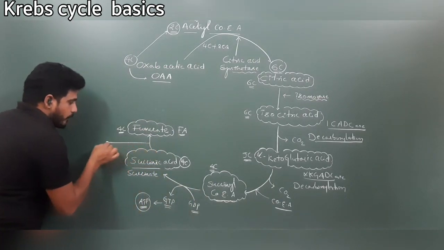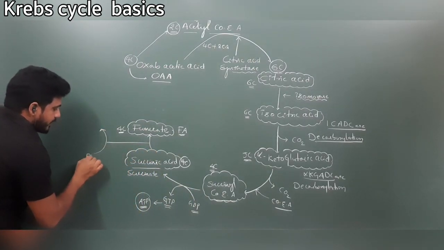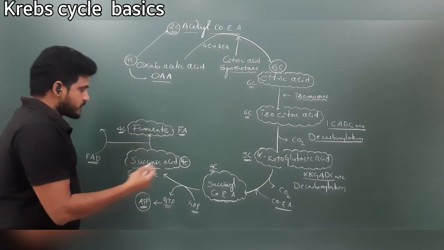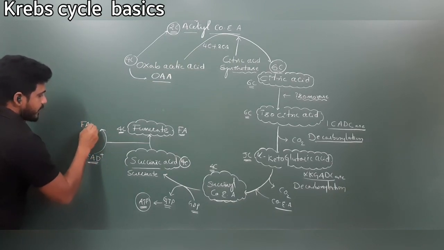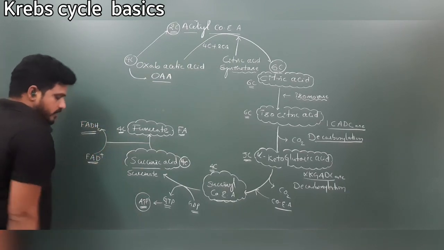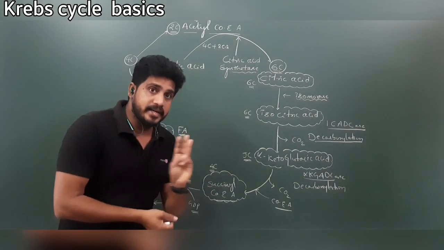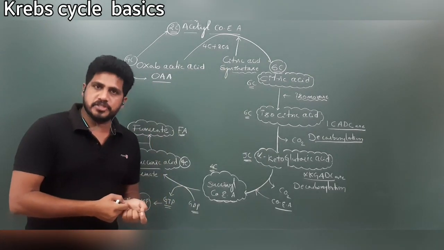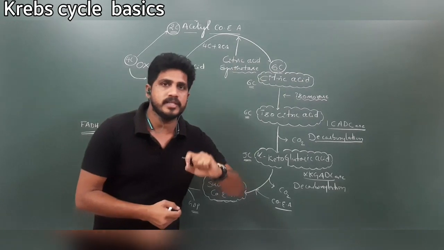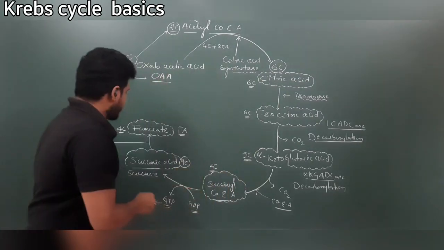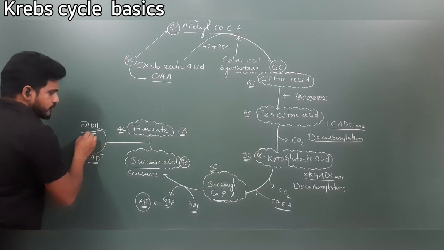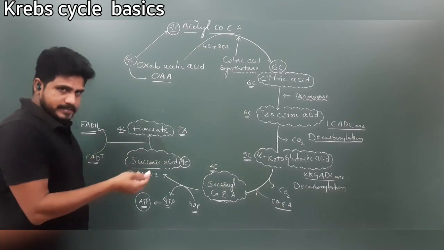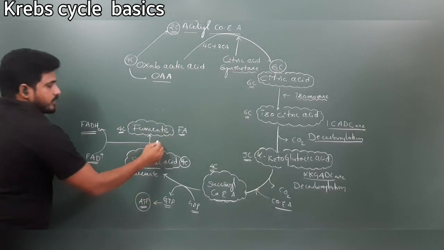But here the very important thing is that one FAD, flavin adenine dinucleotide, is reduced into FADH2. At the time of glycolysis, I told you one NADH2 gives 3 ATP. How? We will come to know in the next sessions. Nothing but the electron transport system. But one FADH2 provides 2 ATP. This is what I said. So FADH2 is formed when succinate becomes fumarate. For this, an enzyme is required. That is fumarate synthase.